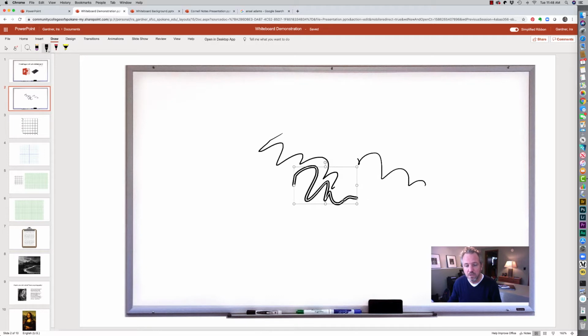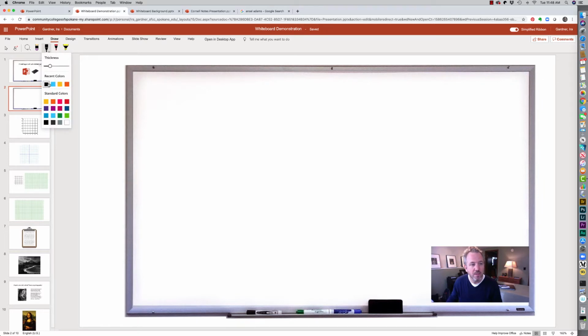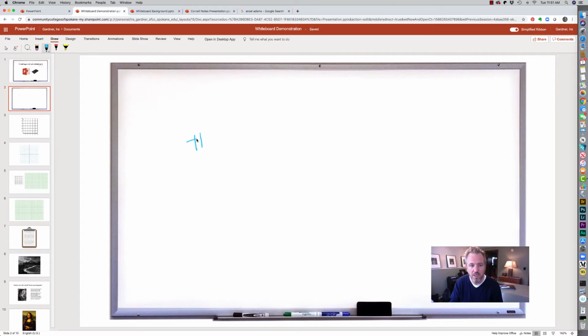Now, what I can do is select that and just delete it, and you'll notice that it grabs it like it's a graphic. And I tend to not want to write on the whiteboard with black, so I'm going to use this color here. It's a little simpler, and you'll get used to moving the Wacom tablet. So I can just go ahead and